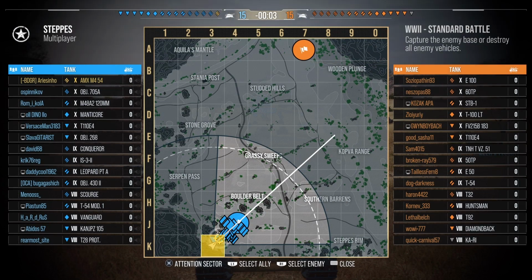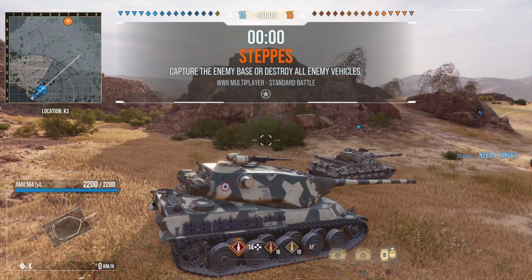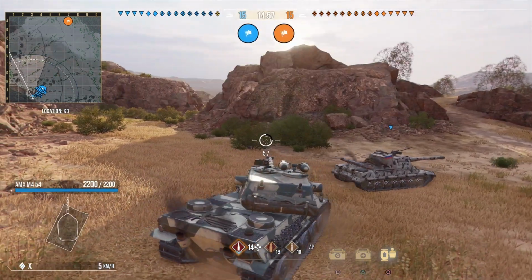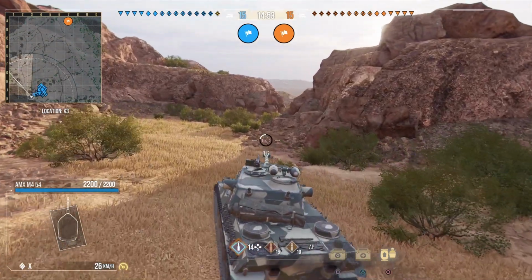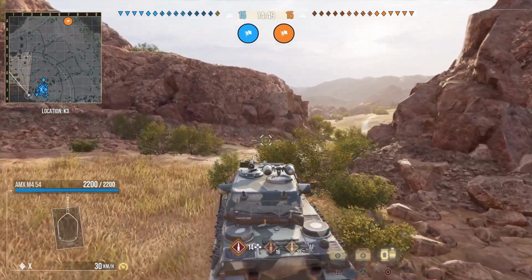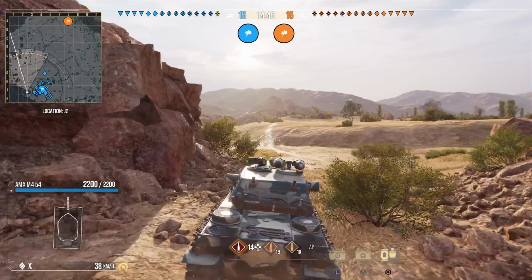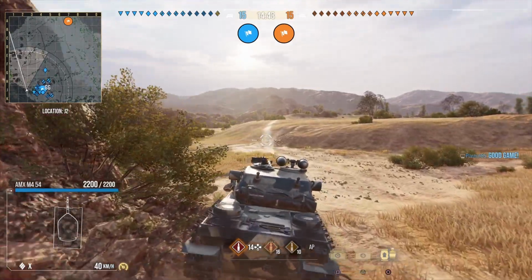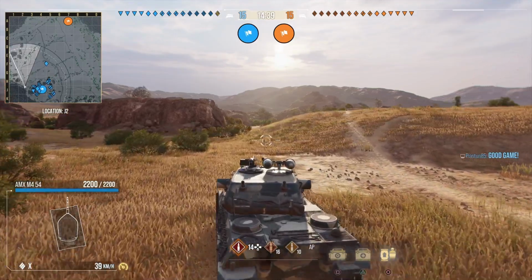Hi guys, we're on the second battle with the AMX M4 54. This one is, as we said in the first video, played with a smaller gun. It's a 264 315 penetration gun which deals 400 damage, and we're on the Steppes map in nice matchmaking, which features 6 tier 10s,